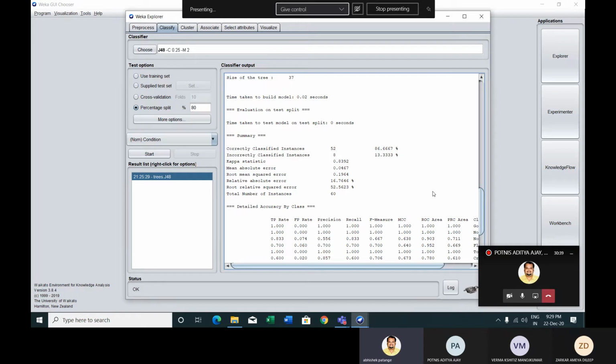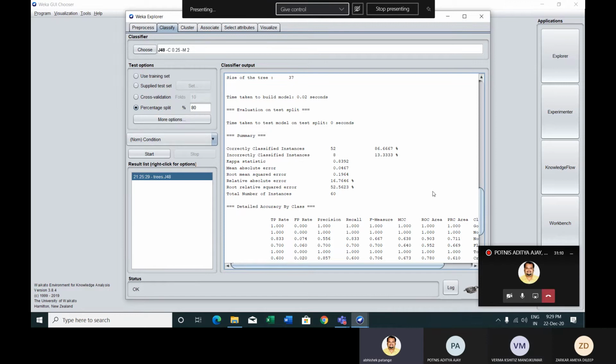So now the question is, for blind samples, how to classify that particular sample? Because in test set mode, cross validation, or percentage split, the label was already given. Do you remember? For the test data set also, the labels are present, isn't it? Yes, sir.